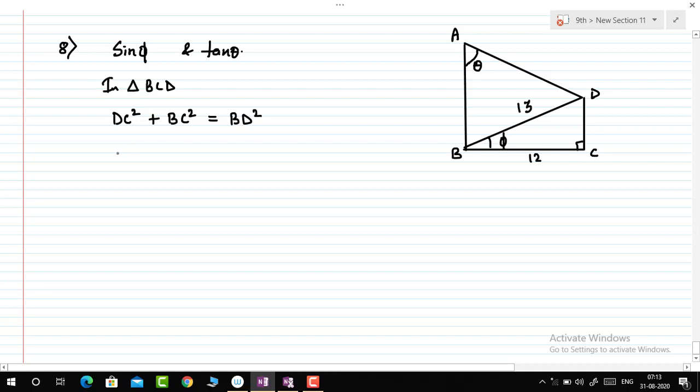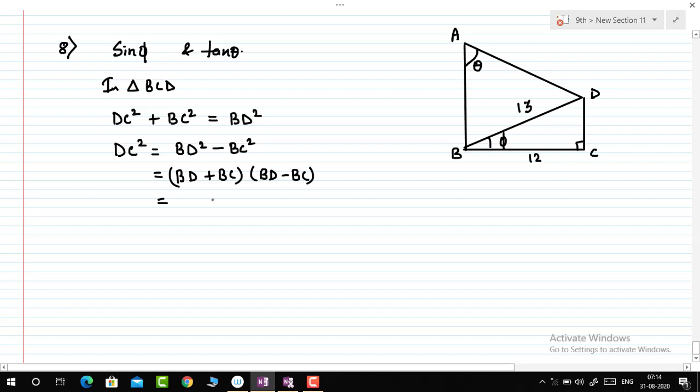So we have to find the perpendicular DC. So DC square will be BD square minus BC square. Now we can write A square minus B square, so it is A plus B